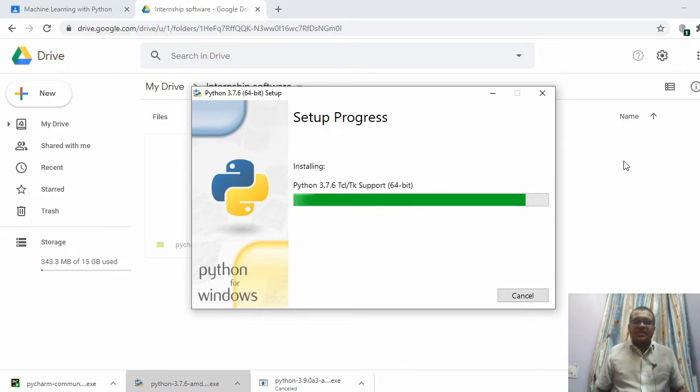Initially I was saying about pip in the installation. Pip is used to install libraries, like packages. It can be NumPy, Pandas, TensorFlow. These are the packages you are going to use in your Python execution. You can see all those packages once we move further. For now, just understand that pip is used to install libraries.